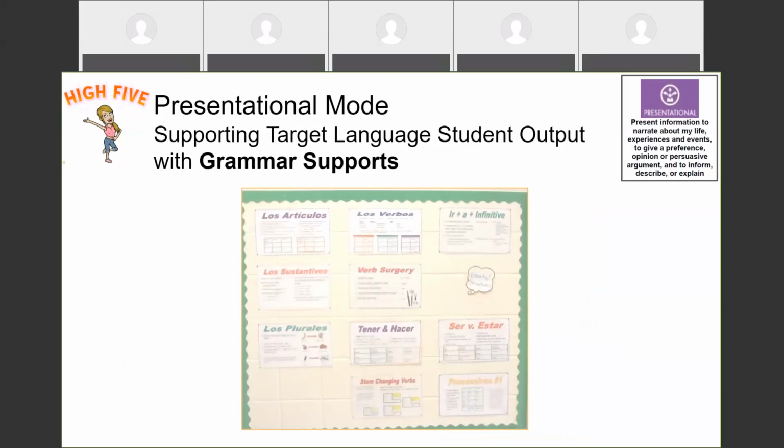And looking at things like grammar supports, we have our anchor charts that we can keep posted on our walls as well and add to. And you can do things, of course, to make these digital as well, in looking at how you post them in whatever online platform you're doing, or even when you're doing synchronous learning through a video, whether you use Zoom or Google Hangouts or whatever your particular district uses.